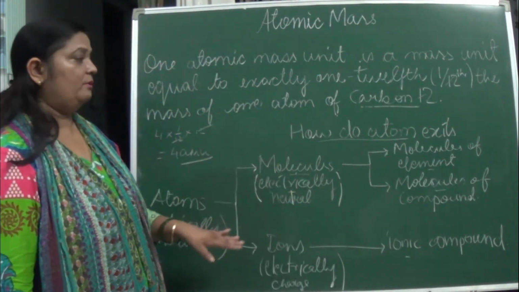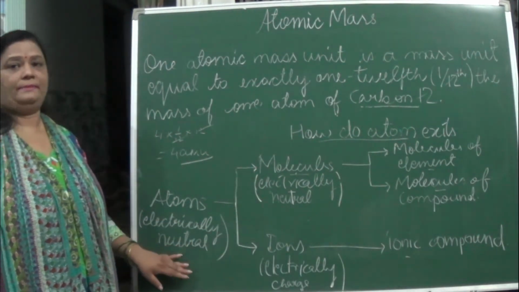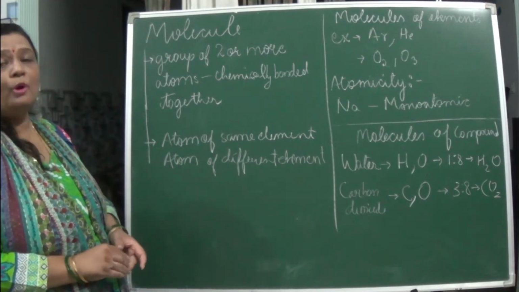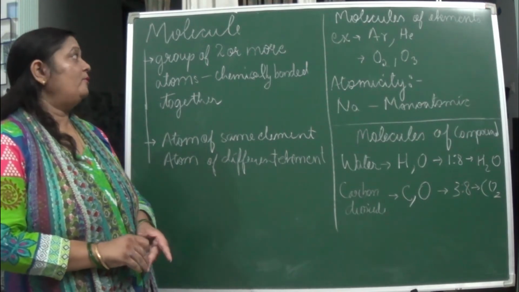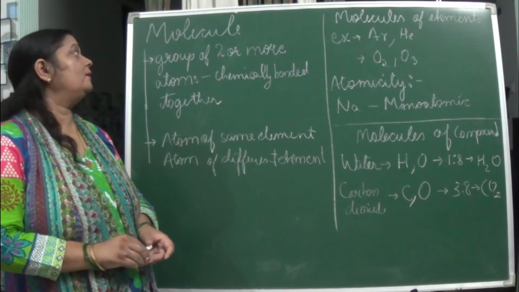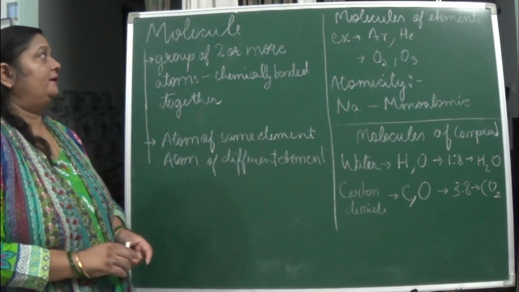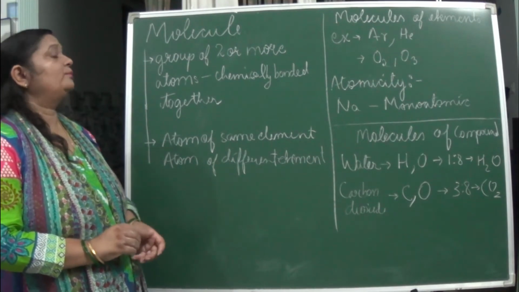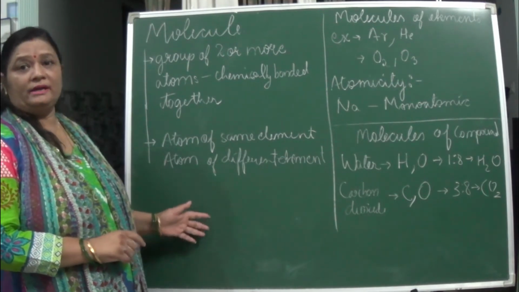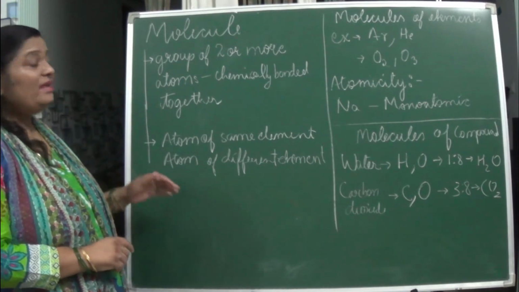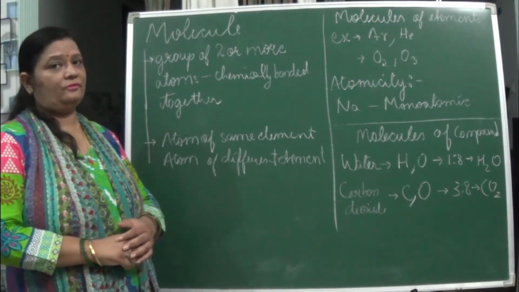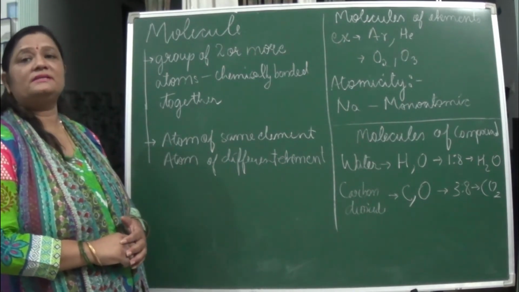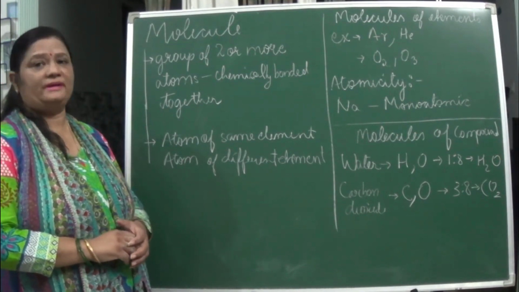Okay, so now we are going to study step by step. By now we have studied how small an atom is, whether it can exist singly or not, and what its mass is. And now we are going to study in detail whether it can exist in an independent form or not. So atoms, being very small in size, cannot exist independently.